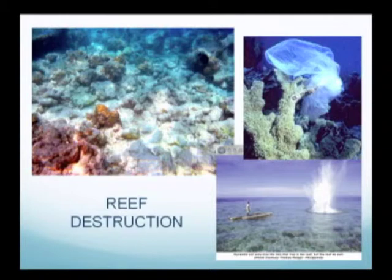One major cause of this is the rising temperature of the oceans. This can really make the coral get sick and die. Pollution is another major cause. There are all different types of pollution that are leading to the destruction of coral, like land-based runoff